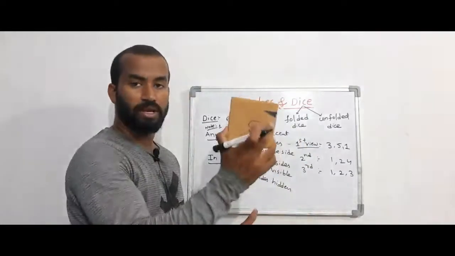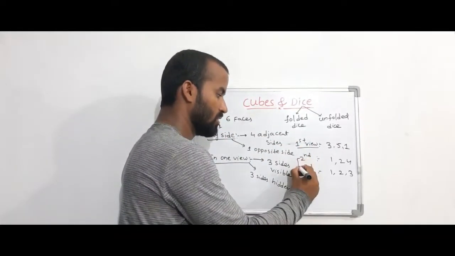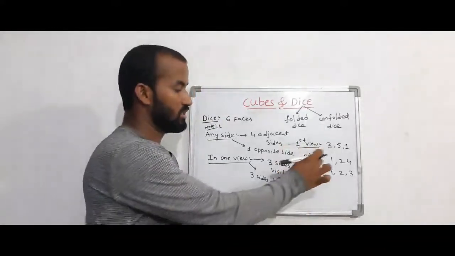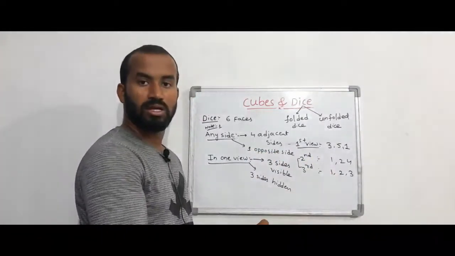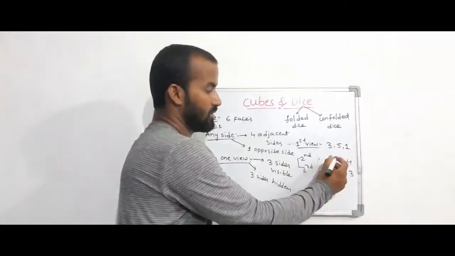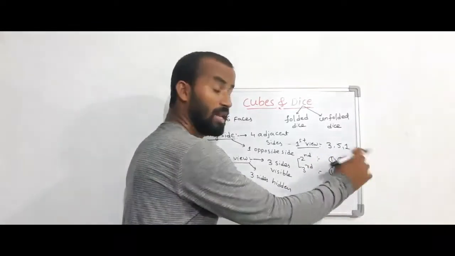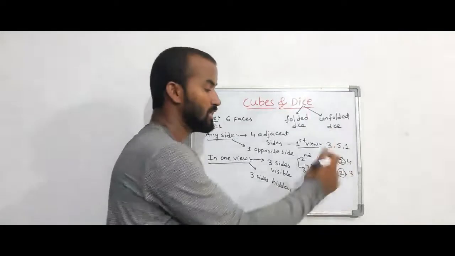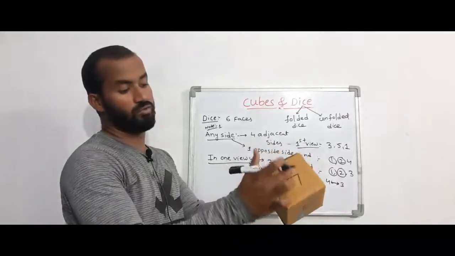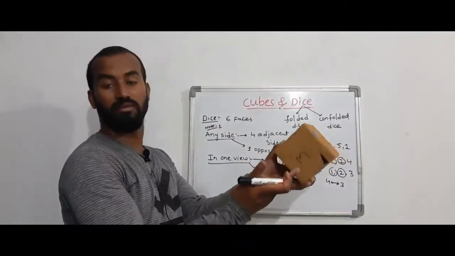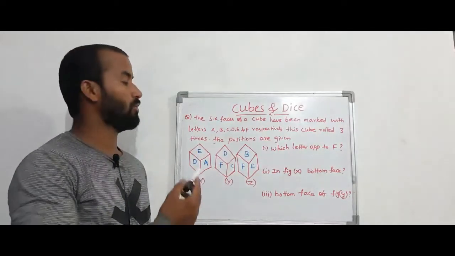Now these all 3 views are for the same die, right? Yes, same die. Now out of these 3, if I am taking these 2 views, this is the second view, this is the third view. For these 2 views, any 2 sides are equal, this side is the same, this side is the same for these two views. So the remaining sides will be the opposite sides. So 4 will be opposite to 3. See, this is the 4. For this 4, opposite is what? 3. Okay, now we're going to discuss folded die related problems.